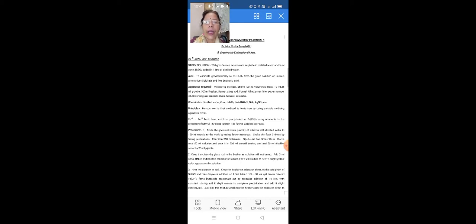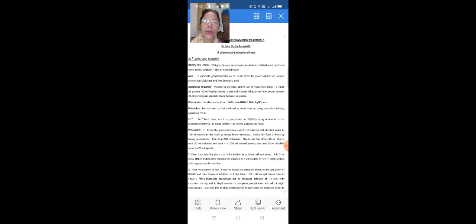Now for the filtration purposes we require filter paper. Again there is one very important point for the gravimetric analysis. We are using Whatman filter paper number 41. See, students, the filter paper which we use in a normal way has bigger pores. But in Whatman filter paper, for the Fe ion, how much it is to be grown, number 41 paper is the best, so that we will get the iron properly on the filter paper.